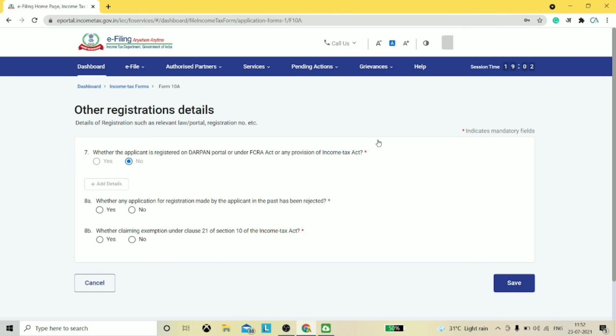However, currently it seems that this part of the form, point number 7, has not been properly updated, as the portal does not allow us to select yes in this point.